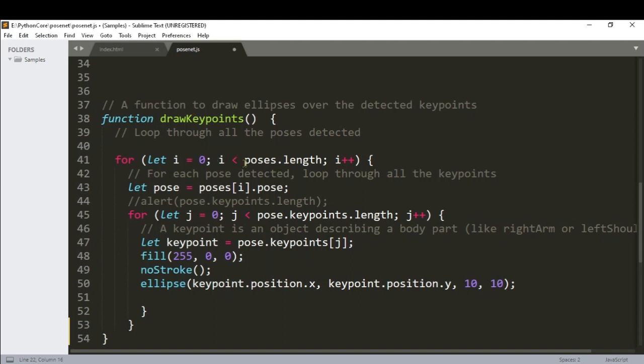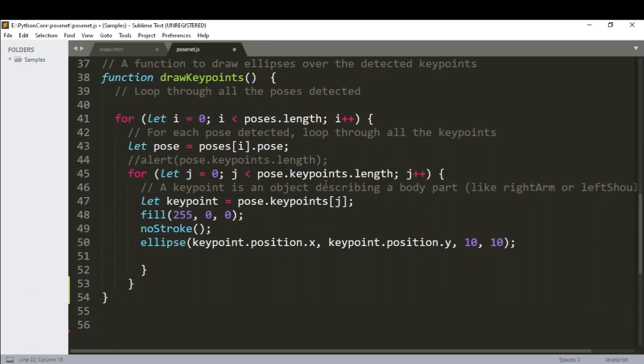You will take all the poses, and whatever key points are detected, those key points you will fill with a particular ellipse. You get the x and y position of each body part that is detected, and that you can fill with an ellipse or a circle, or whatever you think appropriate. So it is this simple.